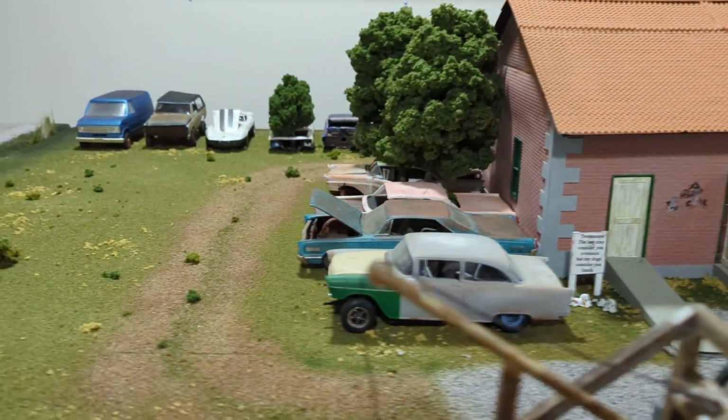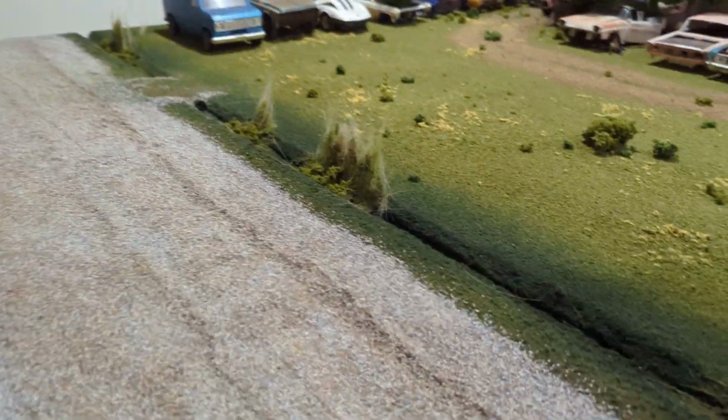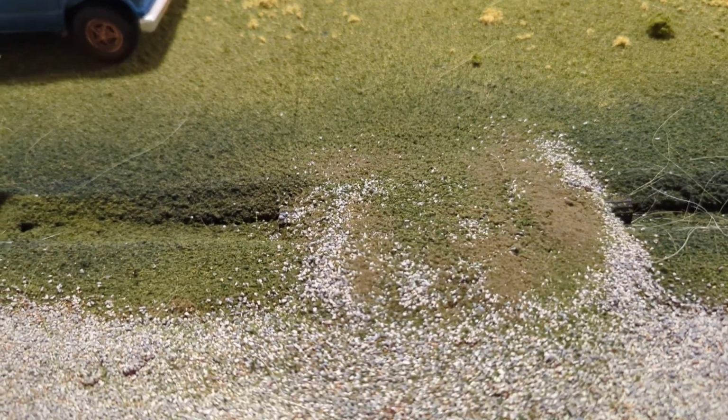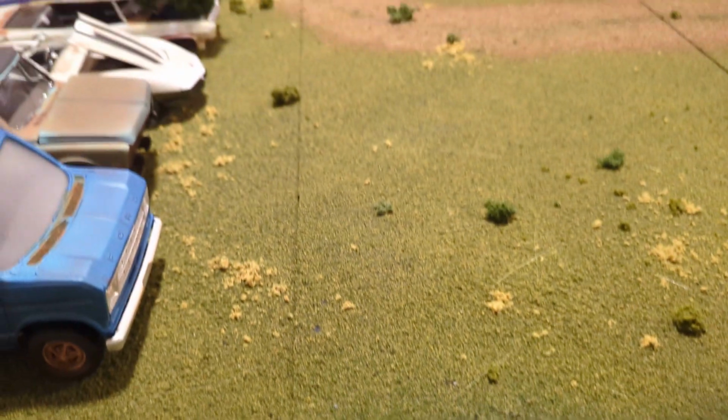We mentioned the junkyard dog. We come over here to the ditch now along the side of the road. I've added, or started adding, some clumps of tall grass in that. I have added a culvert across here. This would not actually be a road culvert, and I'm not going to use it as a road culvert, but